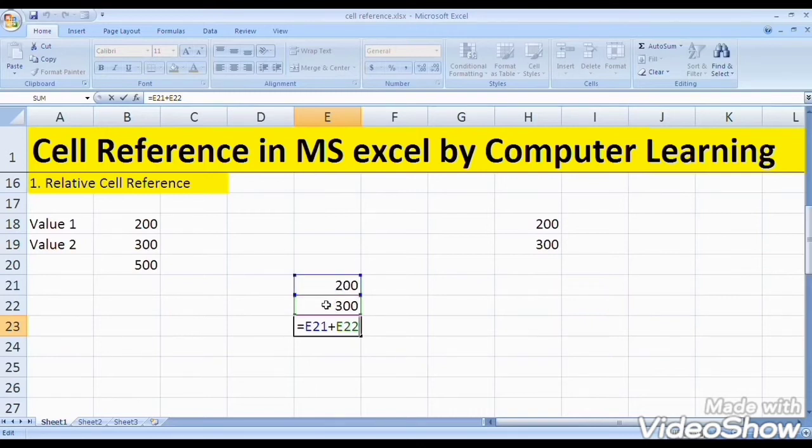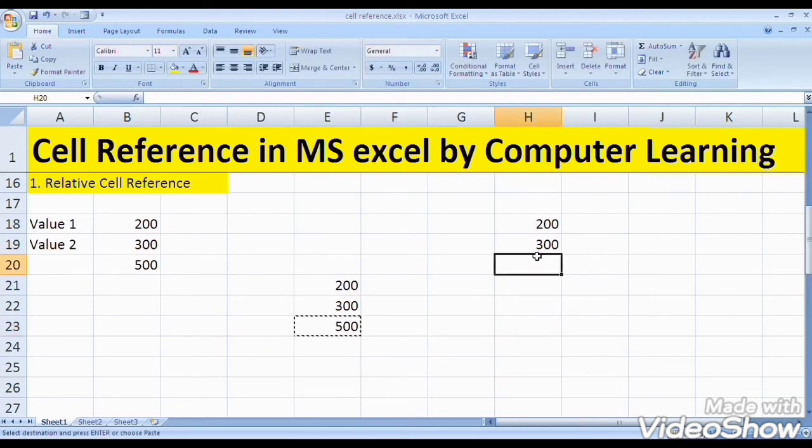Means what happened in the cell reference? In the cell reference, the values of the cells are accepted as they are, means the reference of the cell is changing automatically. Same condition, I will paste in H20, and there also the cell reference is accepted automatically: H18 200 plus H19 300, and the answer will come here, 500.